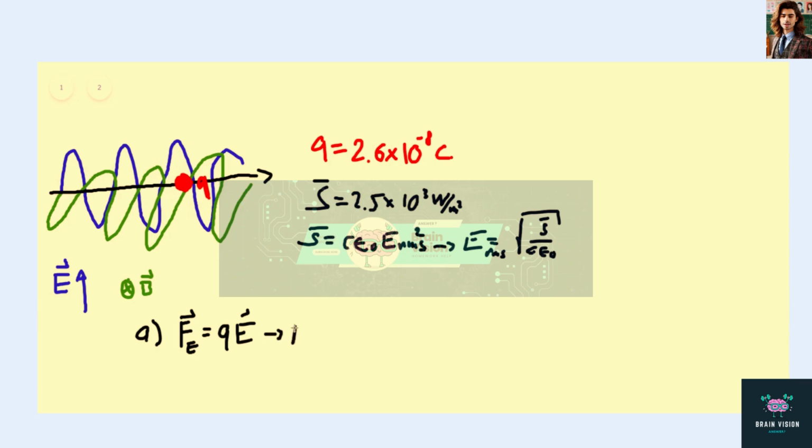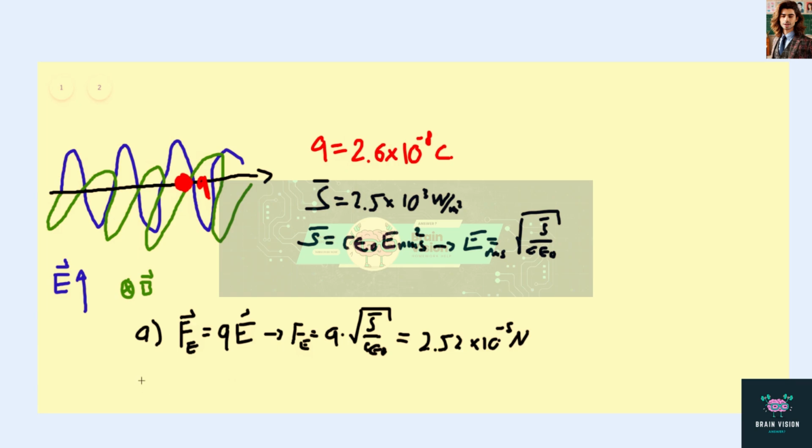So we're going to say that the electric force is equal to Q times the square root of S bar over c epsilon 0. And when you work this out, you find that the solution is 2.5252 times 10 to the minus 5